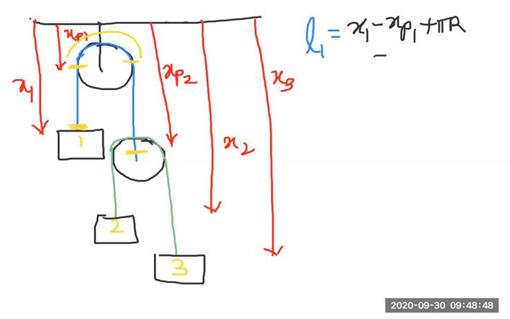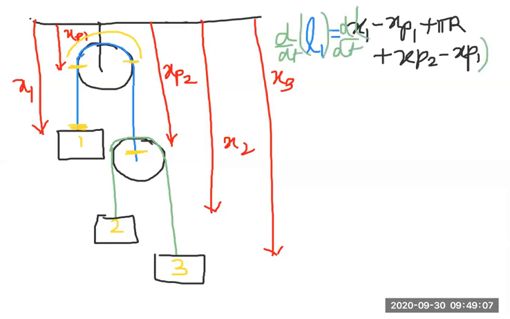Yes, so that one is done, find the other one. Plus xp2 minus xp1, and if I differentiate this with respect to time, d by dt of this, d by dt of this, I will get,